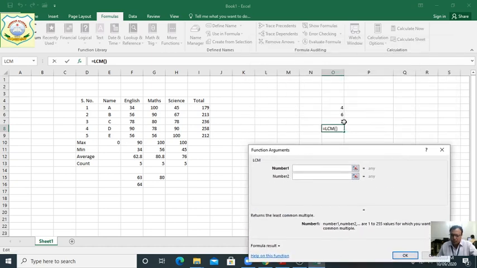What is the address of the cell? This is 1, 2, 3, 4, 5, 6, 7, 8. So you will write, sorry, not A, this is O8.